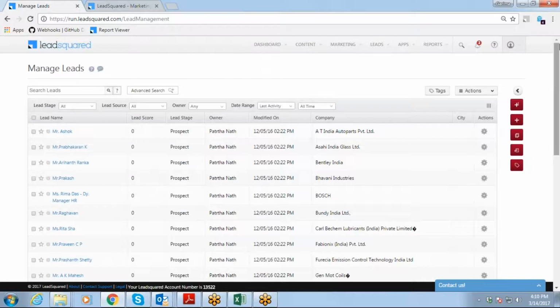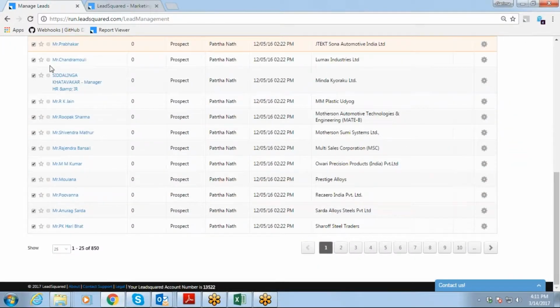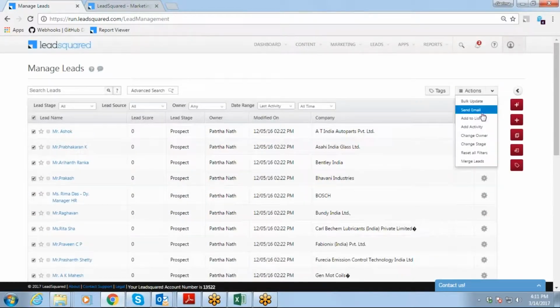Next I'll show you these things. Now if I select these leads, say these 5 leads I need to act upon, I'll go to this actions menu. Now you can bulk update them. You can change any column you want with bulk update. By a bulk update I want this prospect state to be changed to opportunity, you can do that. You can send emails in bulk to these people. If I select all of the leads available on this page, 25 leads are there on this page, all these are selected and they will be sent an email if I select this option.